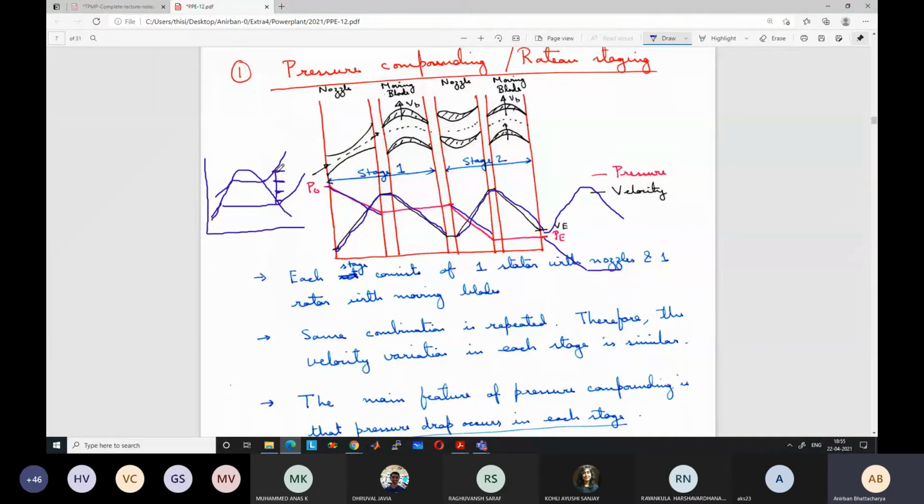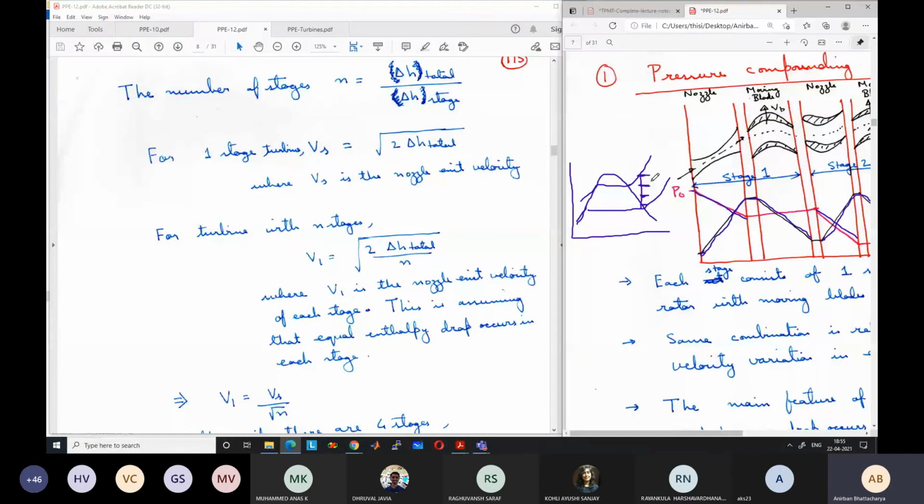Because the pressure and temperature are decreasing, the density is decreasing. Pressure is decreasing drastically, and pressure has a stronger influence on density as compared to temperature. So density is decreasing, and specific volume is increasing. Because specific volume is increasing, to keep the velocity similar in each stage, if you just keep the same cross-sectional area,